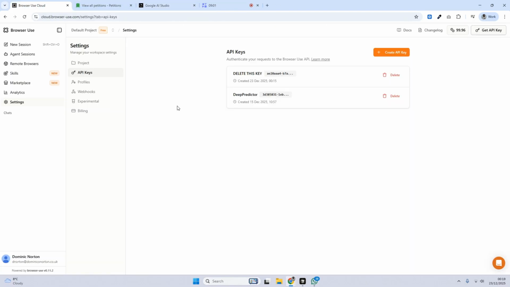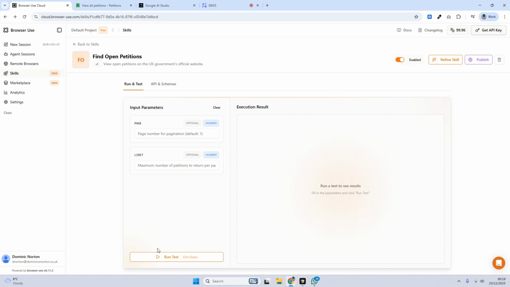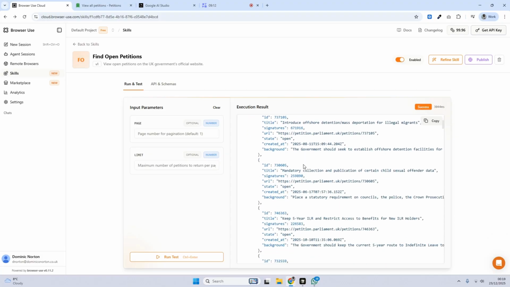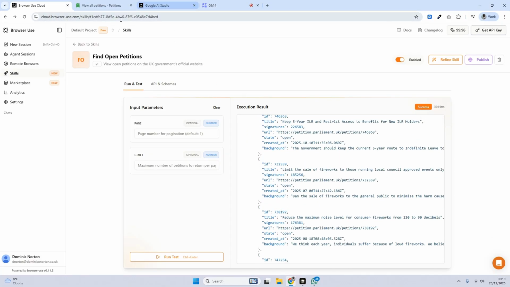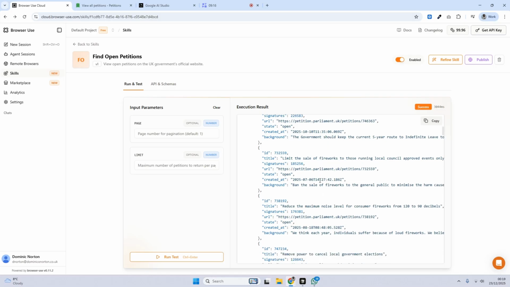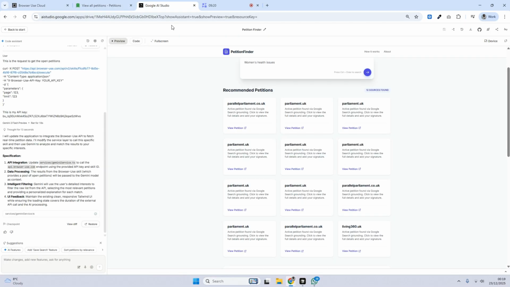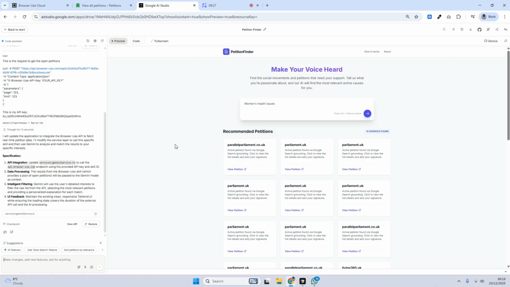And if we go back to our browser use skills and run this again, it's bringing back all the open petitions. Yeah, stay open, stay open, stay open. So what I think is that something is going wrong here in the middle. And what I'm going to do is I am going to